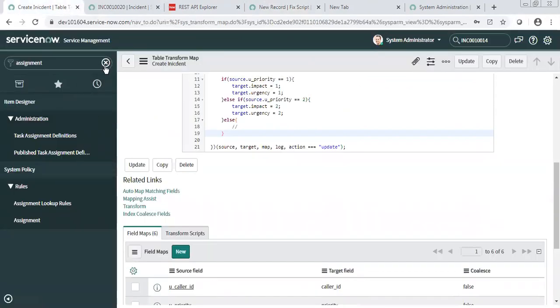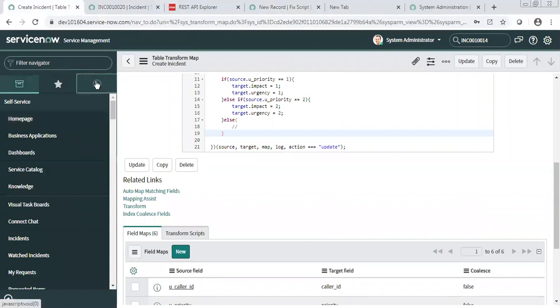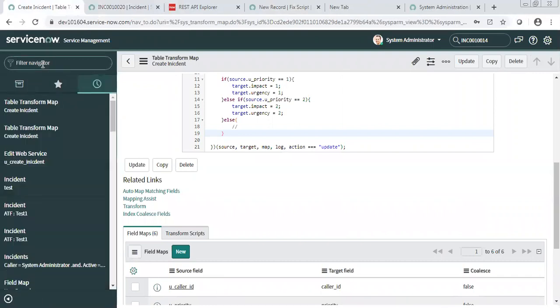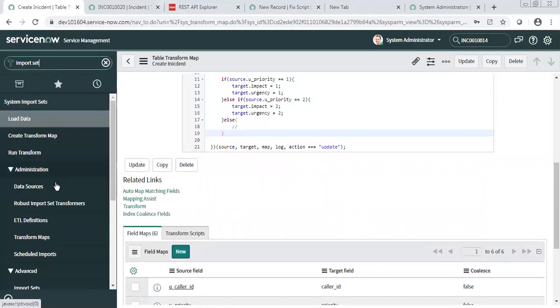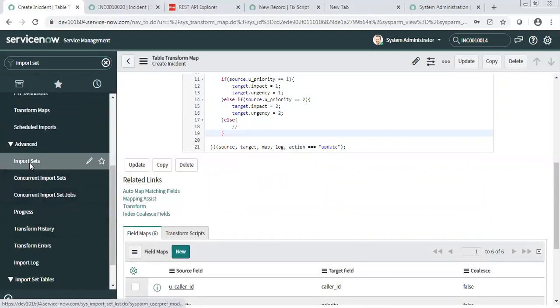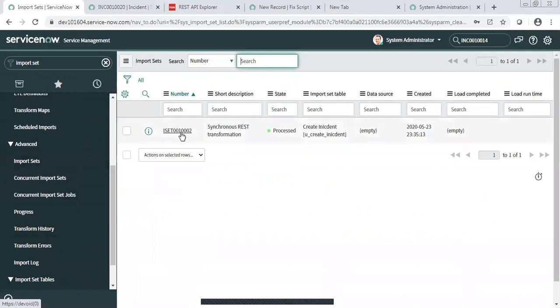One thing I just wanted to tell you. Do you remember, when we initially started this session, I said I need to create this import set for web services through the web services module, not the regular import set?